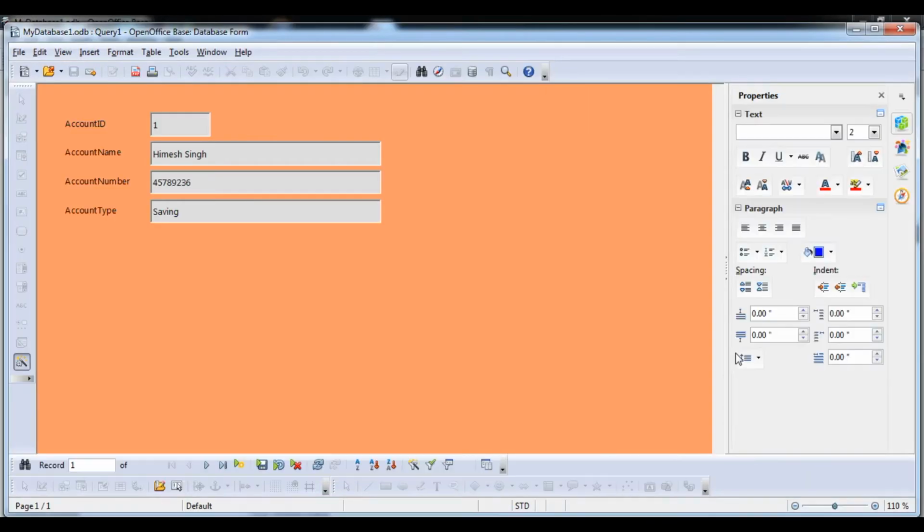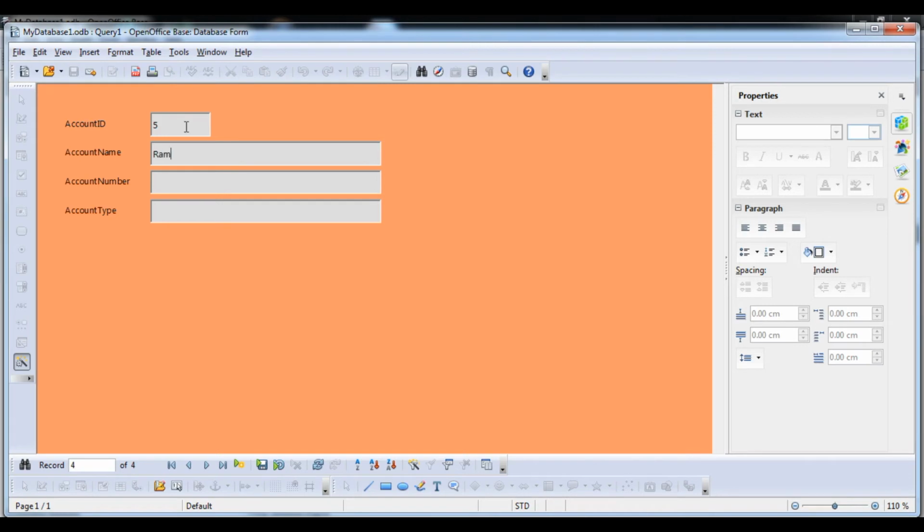After clicking the finish button, this type of form will appear in front of you. You can see the navigation bar here. It is next record. Now you can see 4, 5, and so on. If you want to enter new details, you just have to click on this, press account type 5, and here suppose that